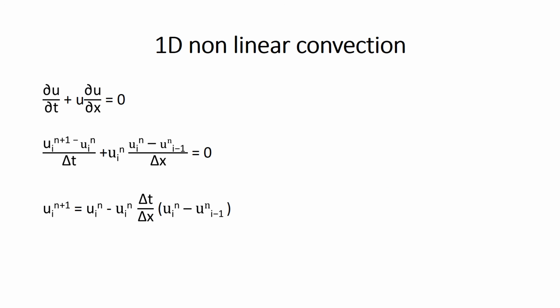Now the second equation is the non-linear convection equation. The only difference is that here the value of c is not a constant, but it is u. So a non-linearity is introduced now. You can discretize by the same method, and the discretized equation is written here. Follow the same steps, and you can code it and you will get the solution. All the steps will remain the same. The only thing is you need not introduce the value c equal to 1 here. That is the difference.